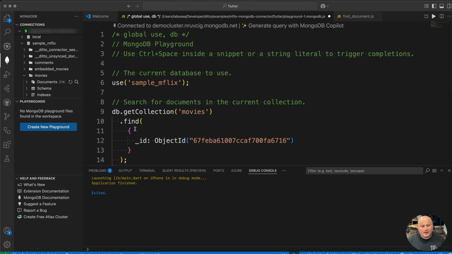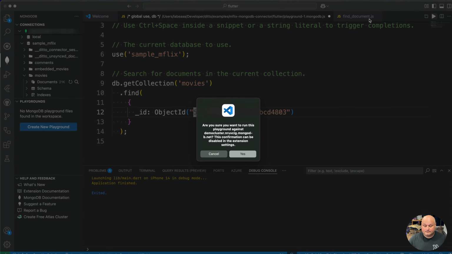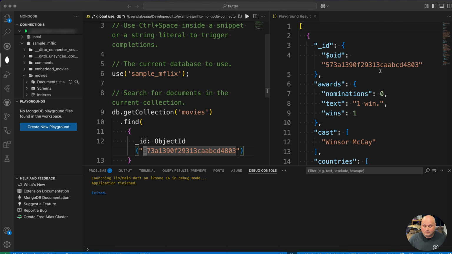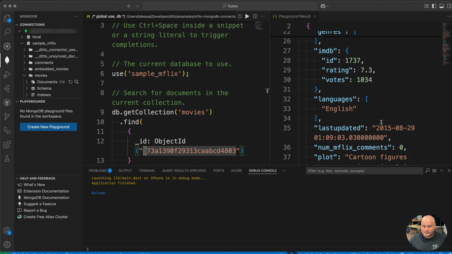I'm going to use the find function and pass in the _id of an ObjectId with the ID I just copied from the Ditto Portal. I can now run this using the little tiny play icon. You'll see here the document comes back from MongoDB, and if we look at the year,